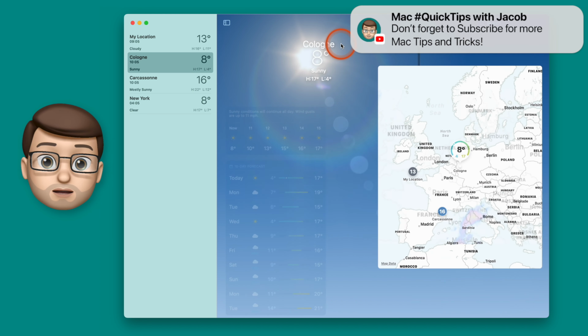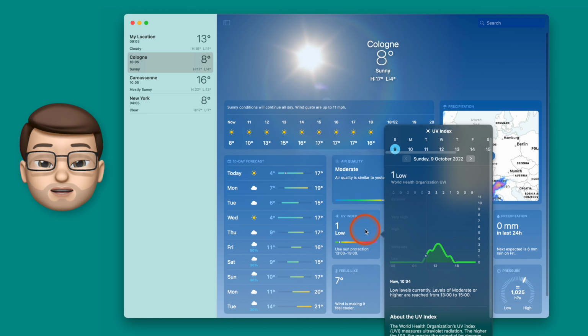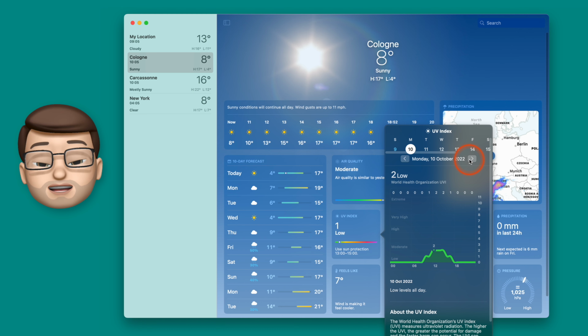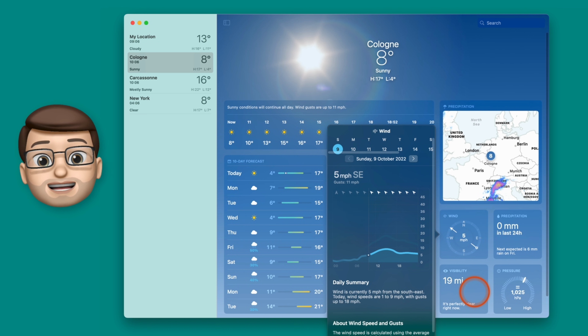Going back to the main weather homepage, you can click onto any of these boxes, and on each of those sections you're going to get a 24-hour chart showing how that value is going to change over the next 24 hours. And at the top you can cycle between the days of the week as well to see what weather's coming your way. There's loads to explore in the weather app, and it's great to have all this power on the